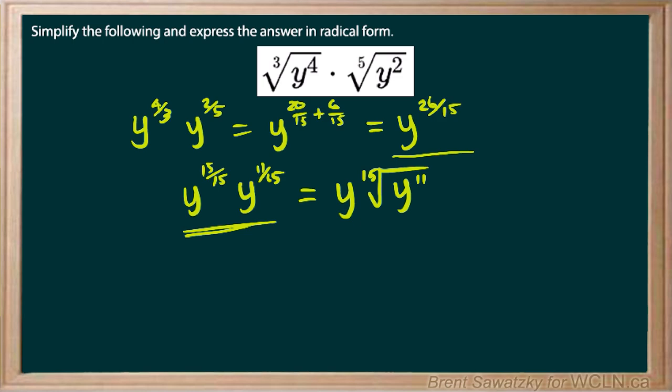Whichever way makes more sense to you. The fact that we already have it in fractional form makes it a little easier to think about, 15 over 15 can be pulled out. But if you would rather go to the radical form earlier,